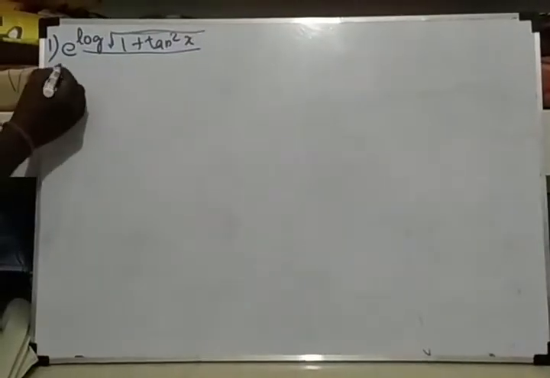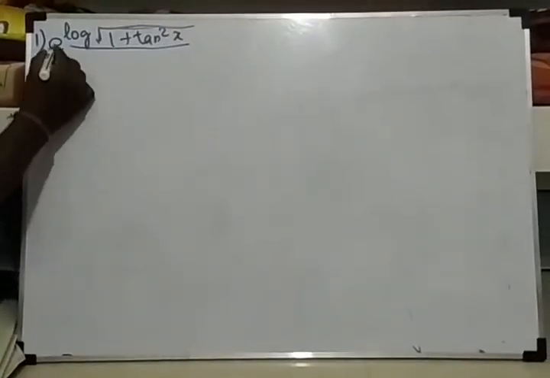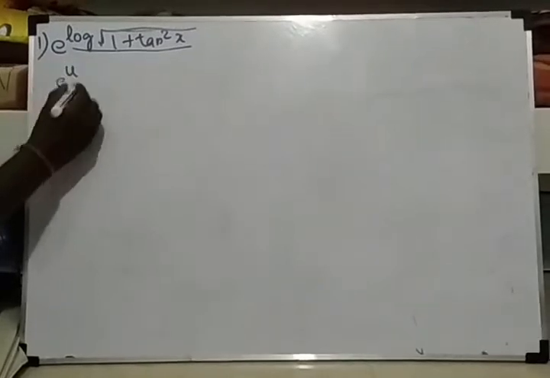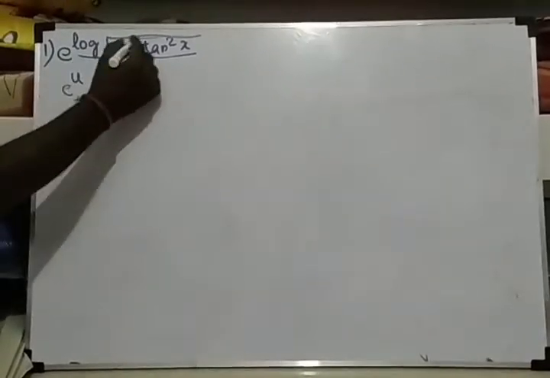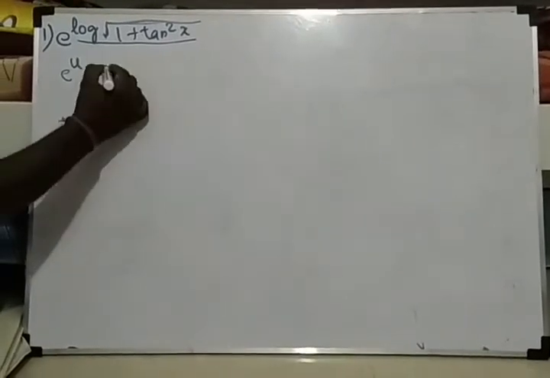Friends, this sum has many functions, so we need to use the chain rule. First, let us identify the functions. Spend some time understanding the question, then it becomes easier to do. First, let us see, there is one e function and there is one log function. So let us put e to the power of u, and then there is one log function. If you consider this as u, it is log u,